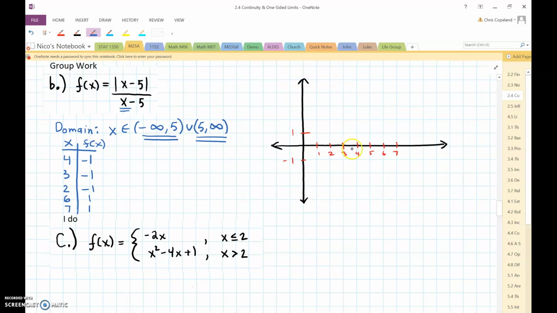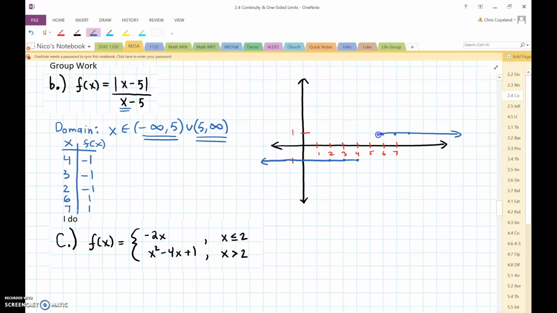So let's start with 4, negative 1, 3, negative 1, 2, negative 1. It's going to continue to go this way. And then 6, 1, 7, 1, 8, 1. It's going to continue to go that way. So now the question is, what happens up here when these points get closer and closer to